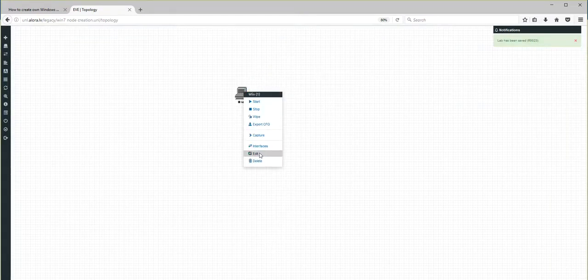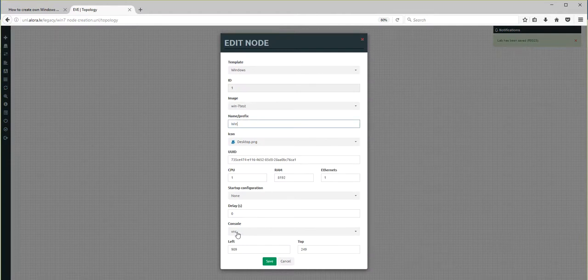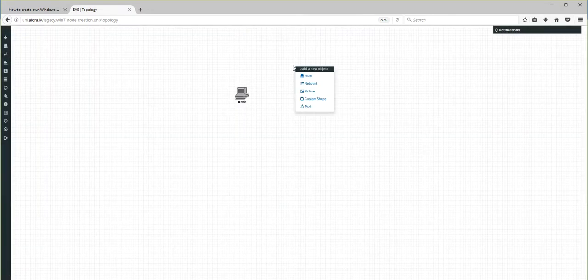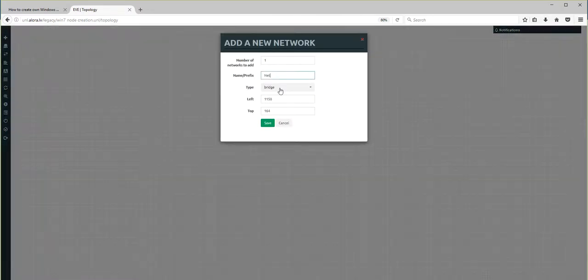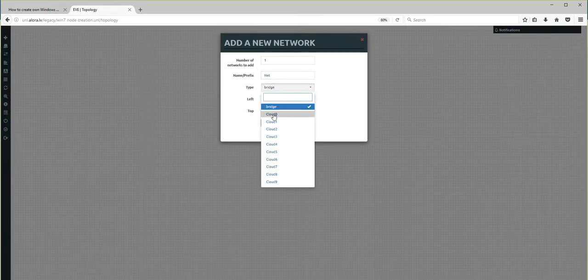By default, when we are starting to install, be sure that it is VNC; later during the process I will show you how to use RDP to install properly. The next step is to add a network. The network will be your Cloud 0. Usually it is reachable from the internet, so in your case it will be Cloud 0, and the IP address will be taken from your management subnet, which is your EVE subnet.